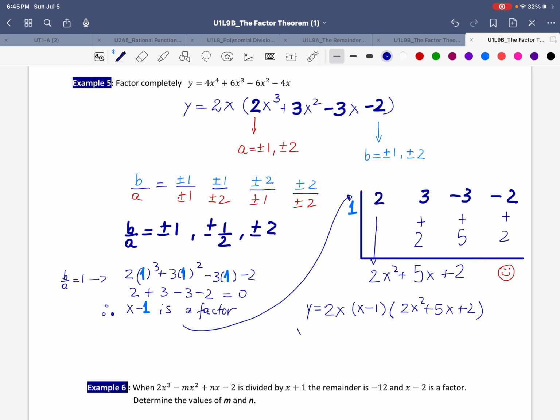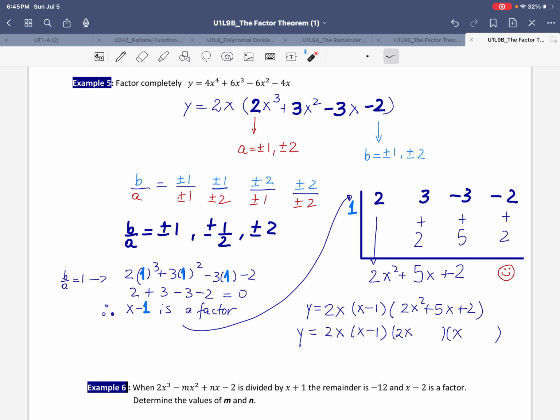We're going to try to check and see if we can factor further. So we want to factor completely. That's what it means to check if every single factor is in linear form. And I see that the coefficient a is different than 1 still, but the only way that you can write